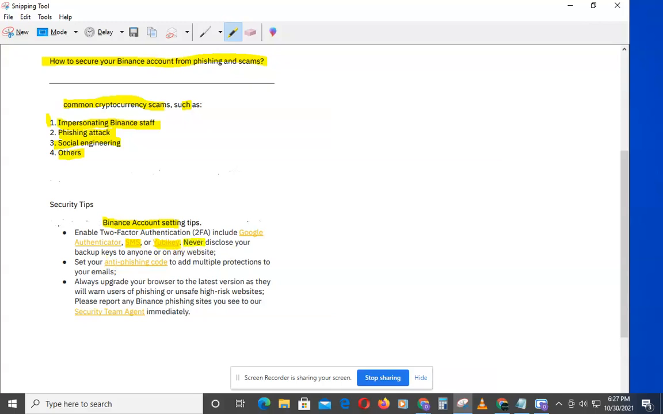Then here we'll be talking about you not disclosing your Binance limits, your backup keys or your phrase. Then we'll also be looking at how to set up an anti-phishing code to add multiple protections to your email. And finally, we'll be looking at always upgrading your browser to the latest version, to guard against phishing